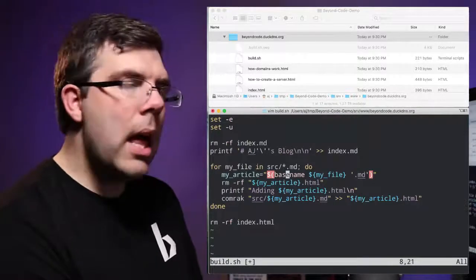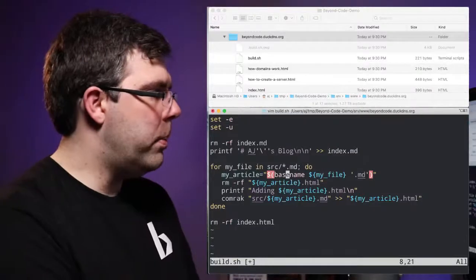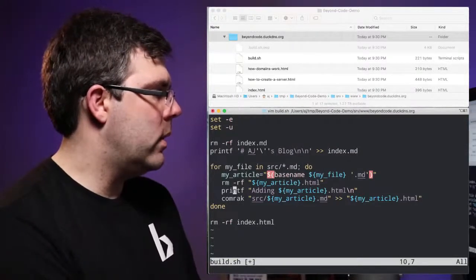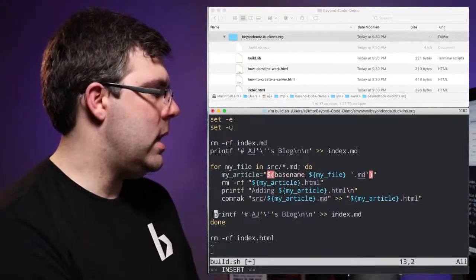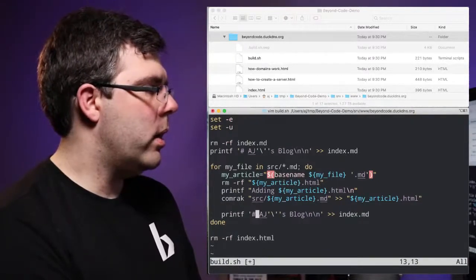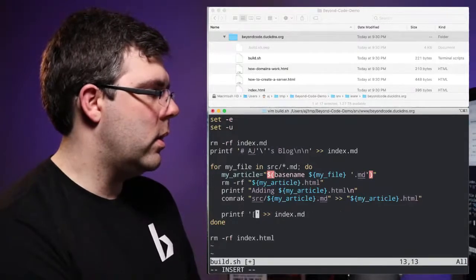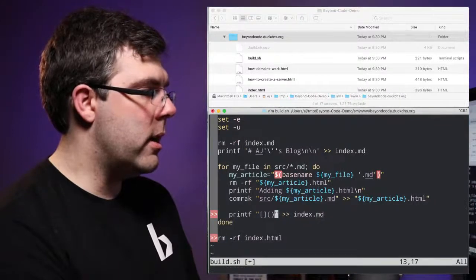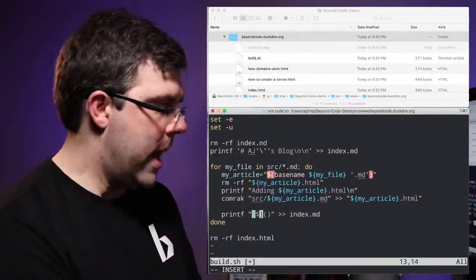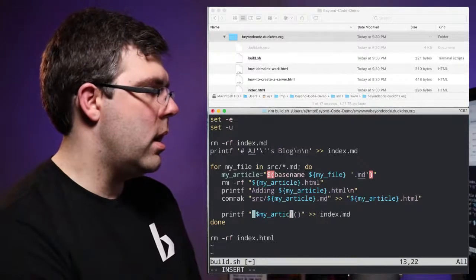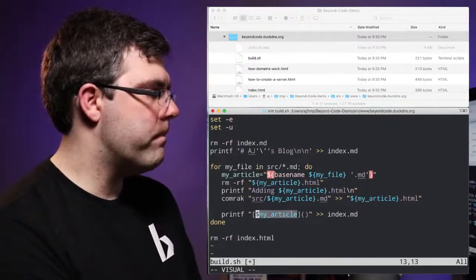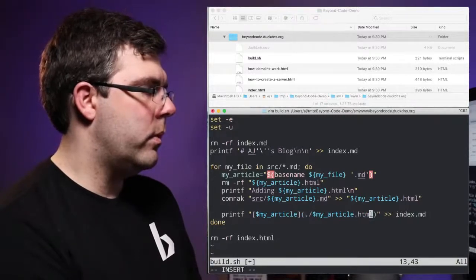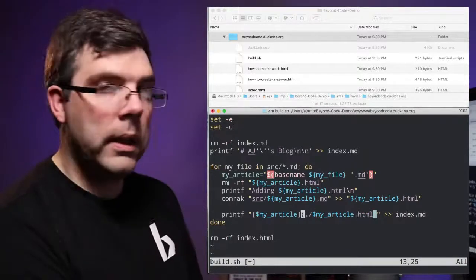And then for each line in our loop, we want to add the article to the index. So let's go ahead and change this. Now we're going to need to use double quotes because we need to put a variable inside. And we're going to have the title of the link be my article. And then we're going to have the path to the link be